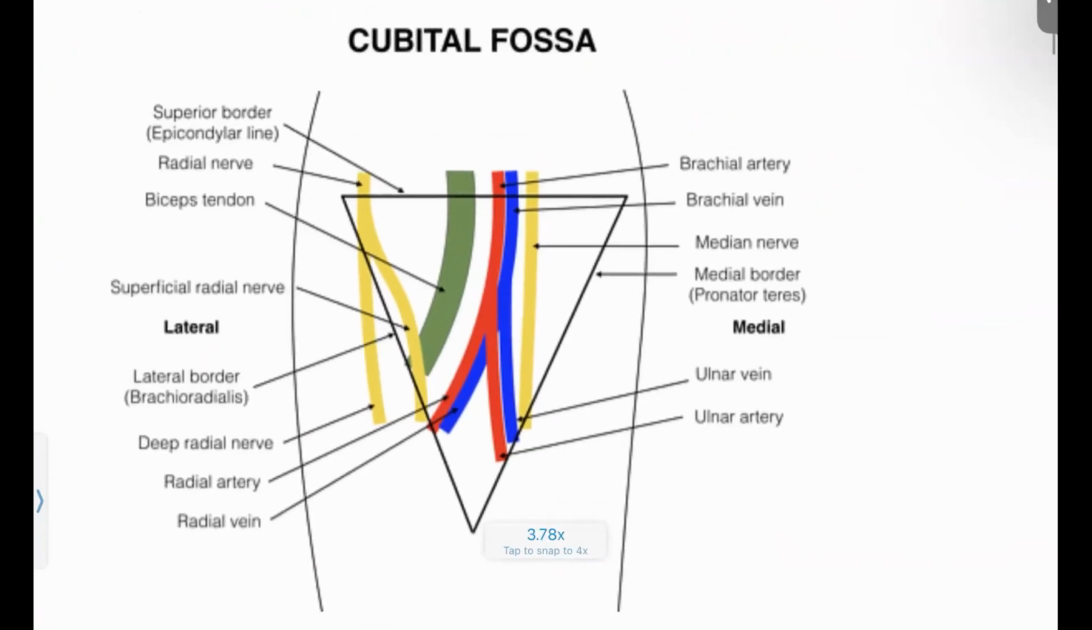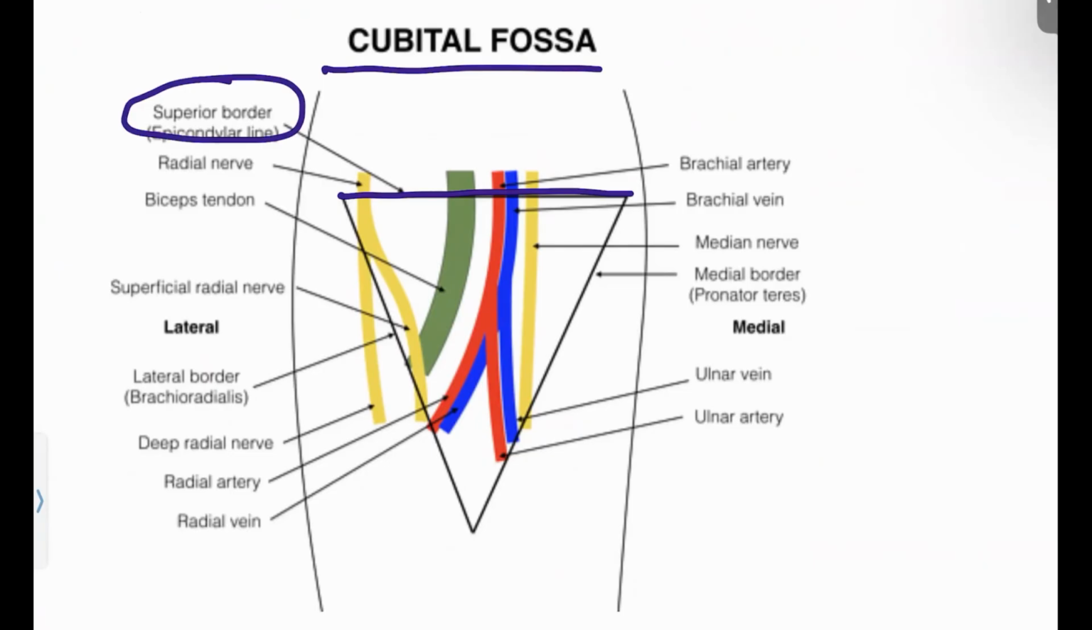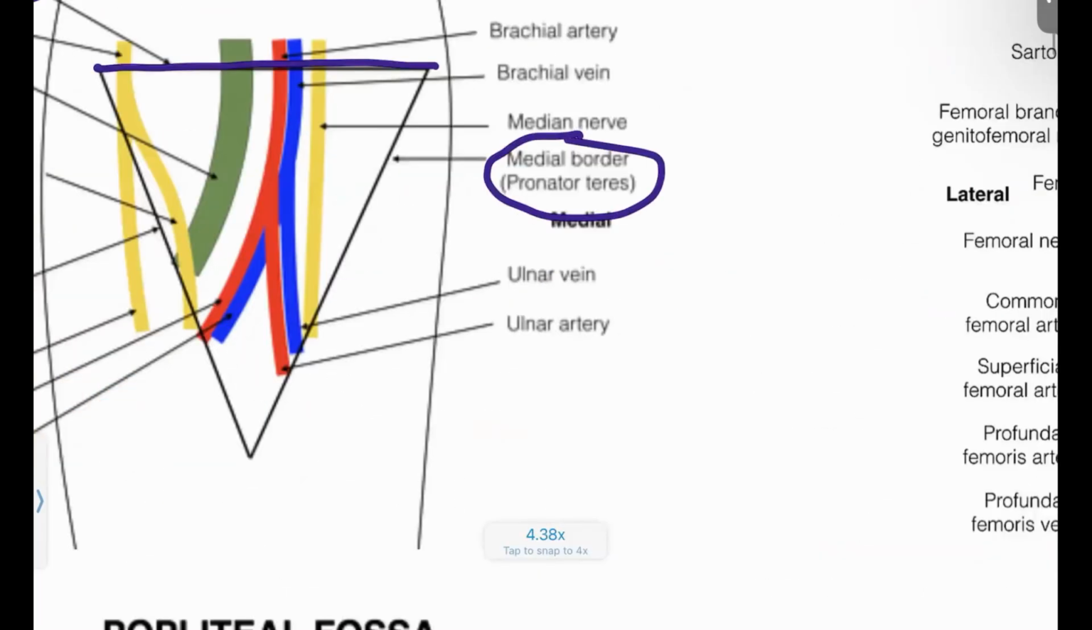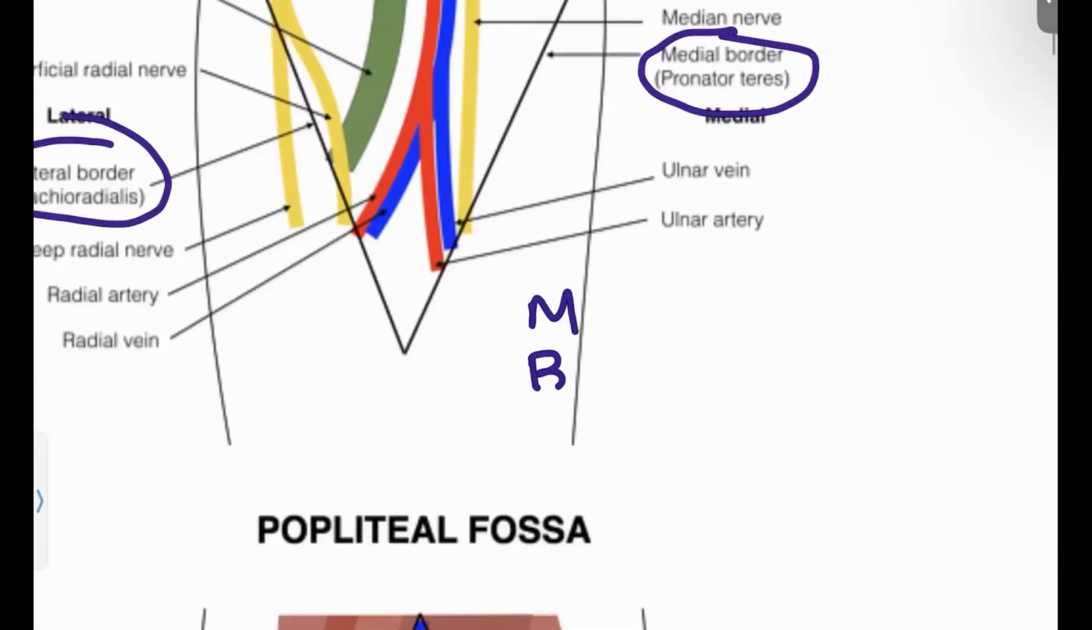What we discussed in the last anatomy lecture also: the cubital fossa, what are the boundaries? Remember, the superior boundary for this one is the epicondylar line, and on the medial side, the pronator teres muscle, and on the lateral side, the brachioradialis. Those are the three boundaries: superior, lateral, medial. And when it comes to the contents, remember MBBS. Medially, median nerve, and also brachial artery,